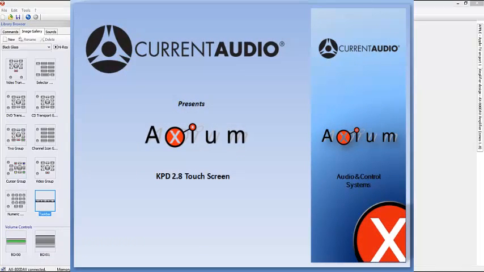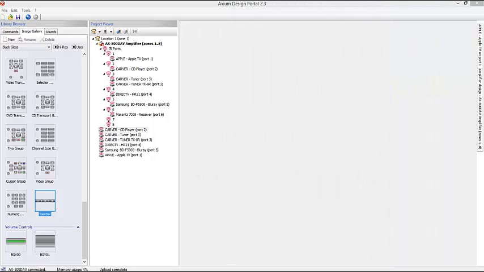In this video, we'll be showing you how to set up a KPC 2.8 touchscreen. And we're going to kind of do it from scratch. You have a couple of options with a 2.8 touchscreen. You can actually use templates to set up your system, or you can just simply go ahead and build it